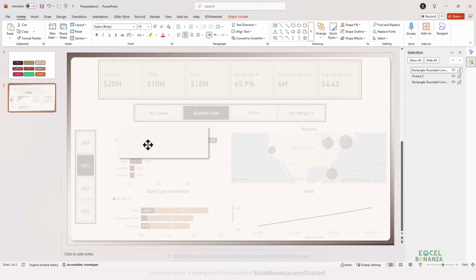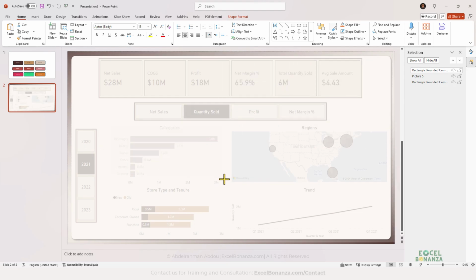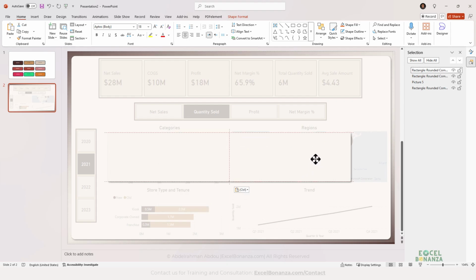I'm just going to paste it and reduce its size like this. And now I have a small shape on top of the transparent picture, so that I can barely see my charts and my visuals, and I'm able to create placeholders for them. So this is a good technique that allows me to see where exactly to put my